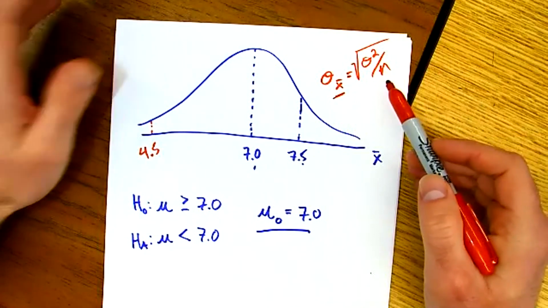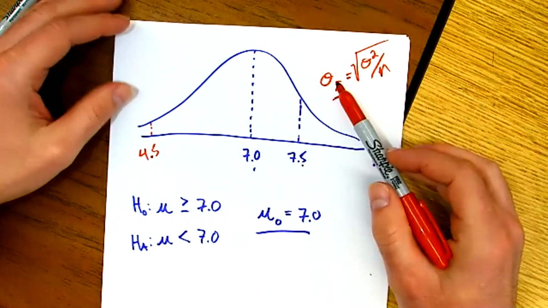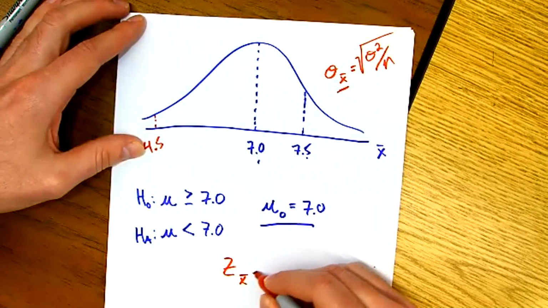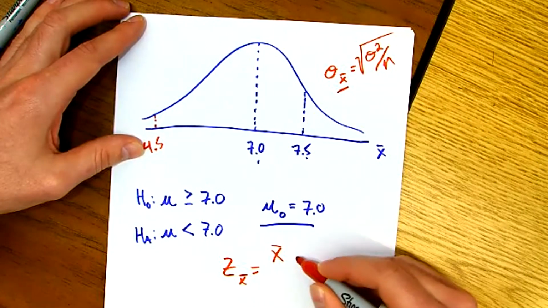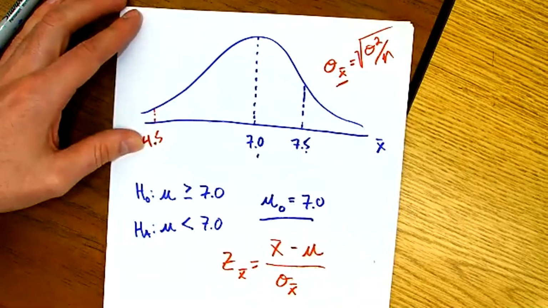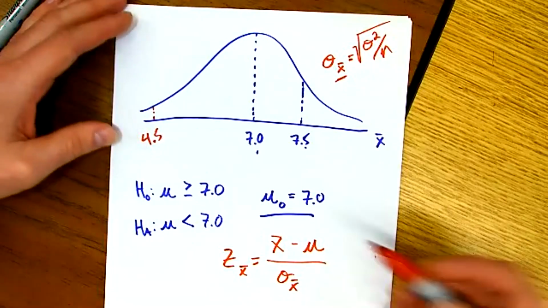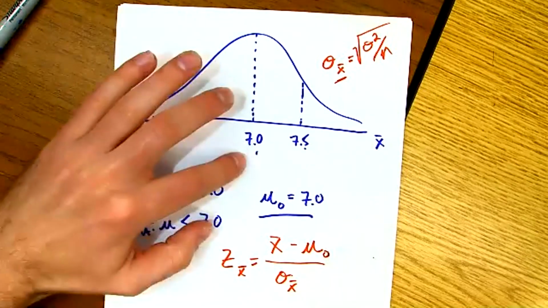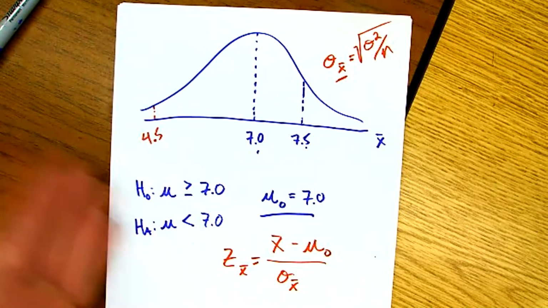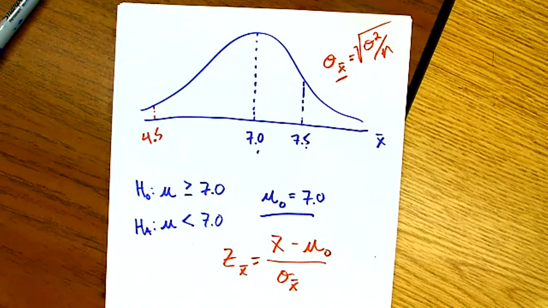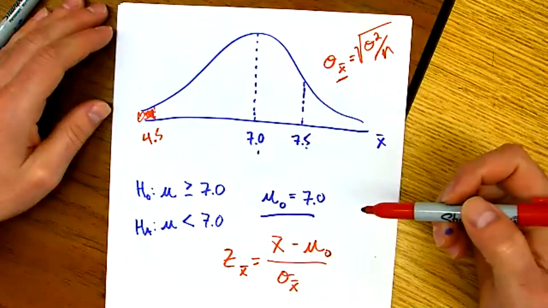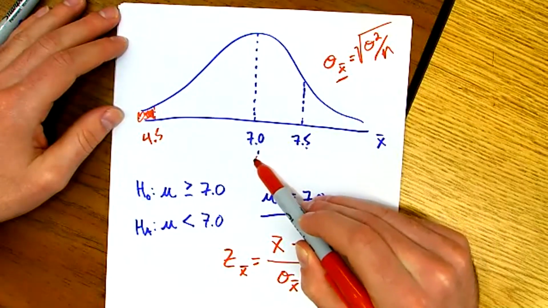I think it was 36, if we go back to the example. I could figure out this standard deviation, and I could turn that value into a z-score, right? Usually we would subtract the mean and divide by the standard deviation of my sample means. Well, here, when I subtract the mean, I'd be subtracting that assumed true mean. Once I have my z-score, I can find how likely or unlikely it was that I saw 4.5. What's the probability that I see 4.5 or something less